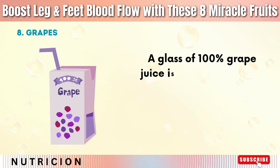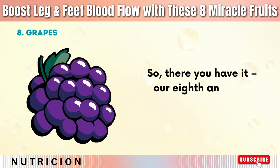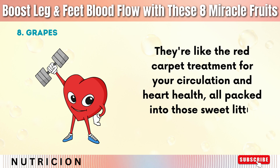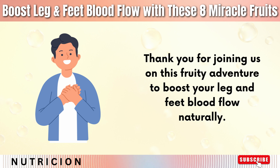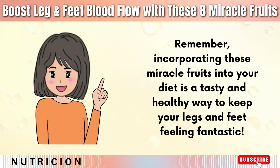A glass of 100% grape juice is not only delicious but also a convenient way to enjoy the benefits of grapes. So, there you have it, our 8th and final miracle fruit, grapes. They're like the red carpet treatment for your circulation and heart health, all packed into those sweet little orbs. Thank you for joining us on this fruity adventure to boost your leg and feet blood flow naturally. Remember, incorporating these miracle fruits into your diet is a tasty and healthy way to keep your legs and feet